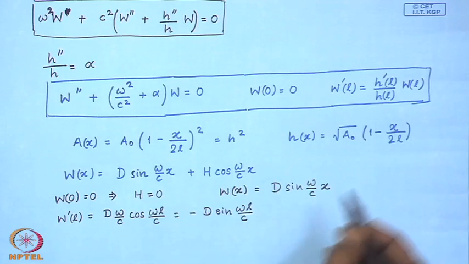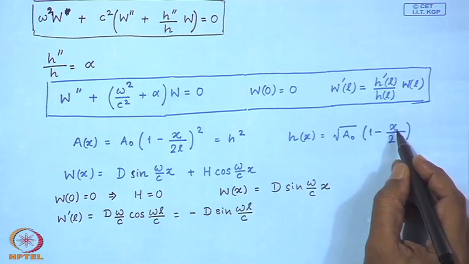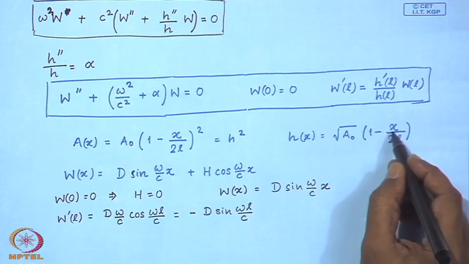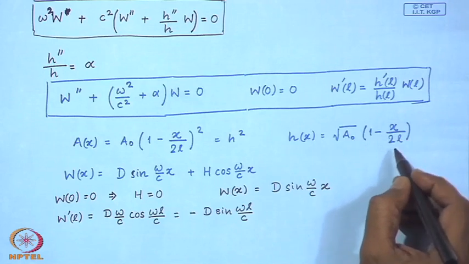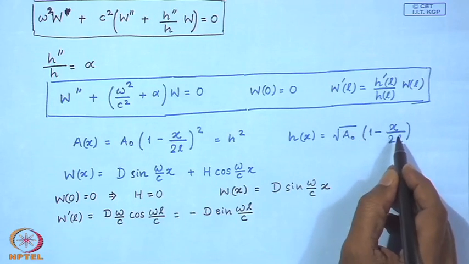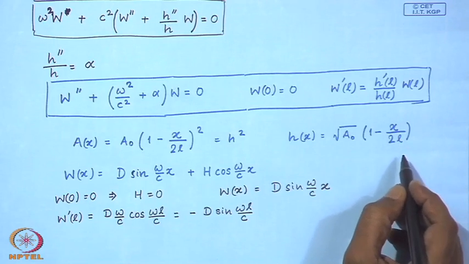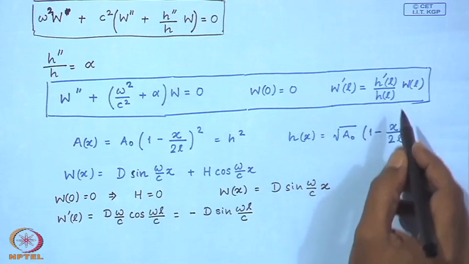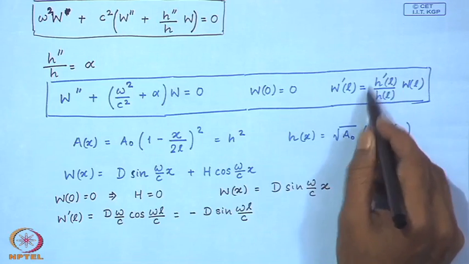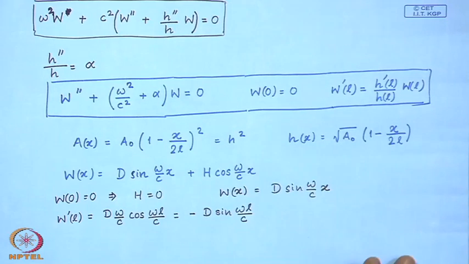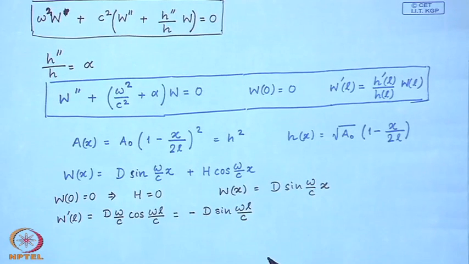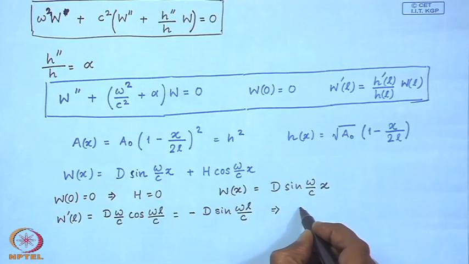so omega prime is given by minus of 1 over 2L under root A naught into minus of 1 over 2L, and so this expression becomes just minus 1. So, from here we obtain